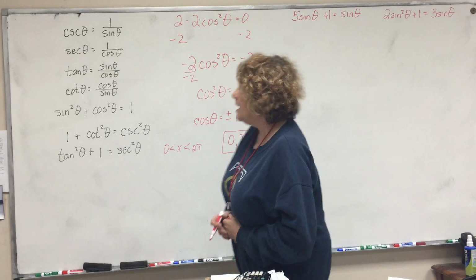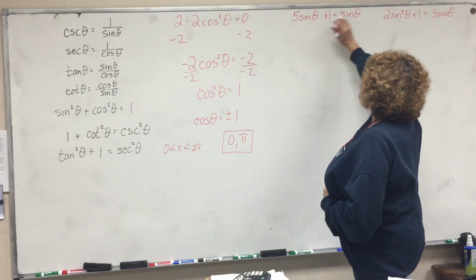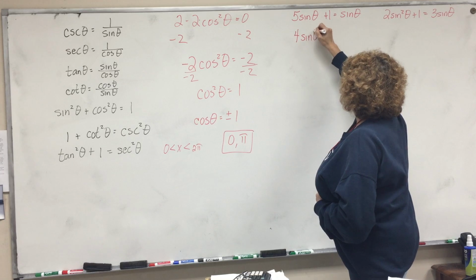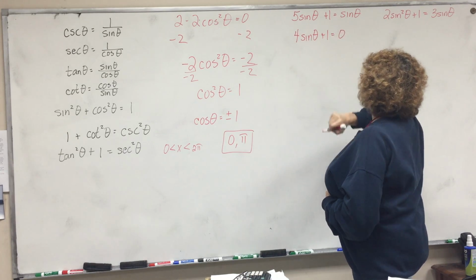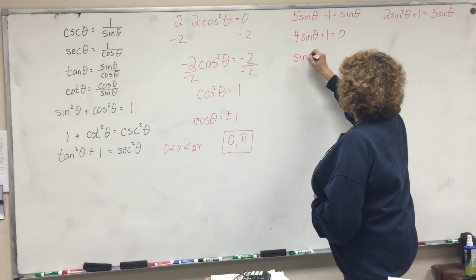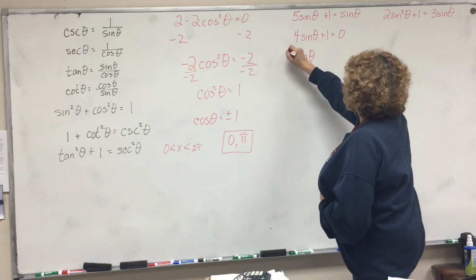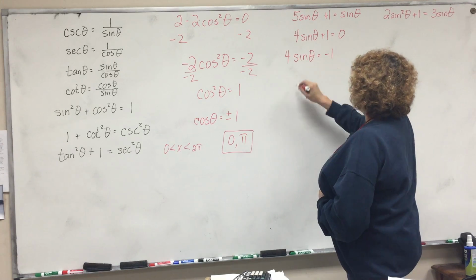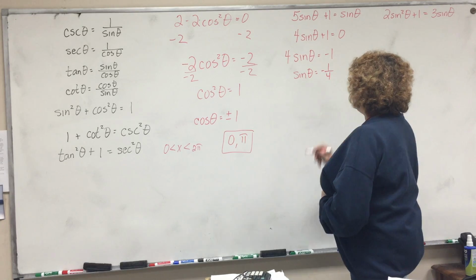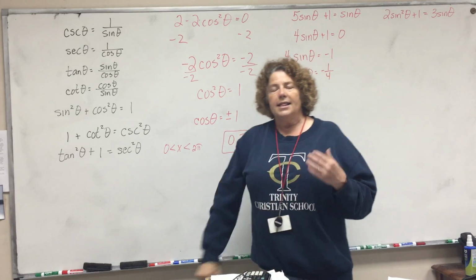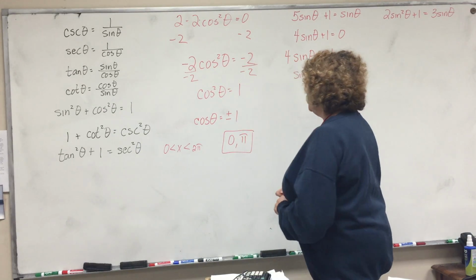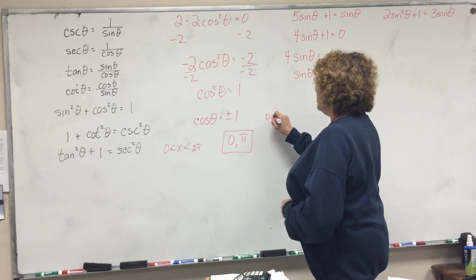Okay, now let's look at this one. Let's move this to this side, so we get 4 sine of theta plus 1 equals 0. I just subtracted sine of theta from both sides. Then I have 4 sine of theta equals negative 1. Then I have sine of theta equals negative 1/4. Now, sine of theta is negative 1/4, and it tells you it's from 0 to 360. So that means we can use